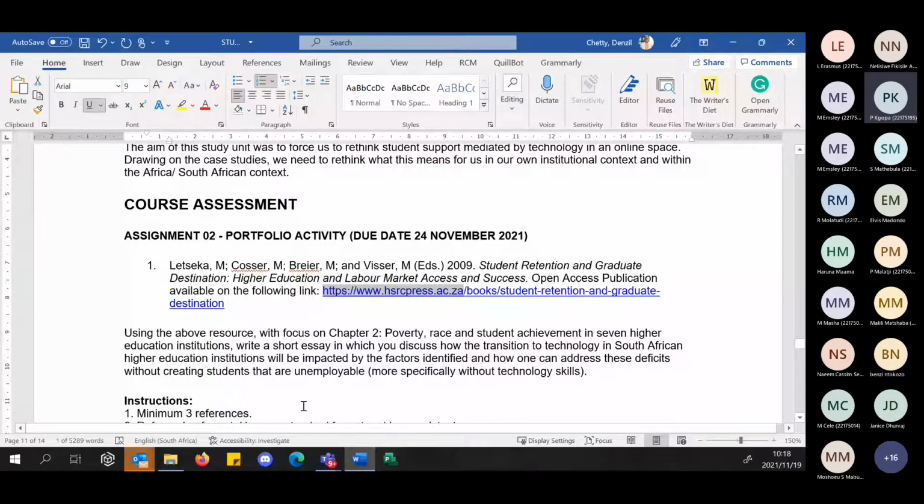But this specific book I've downloaded for you, I shared with you in the morning in an email. What I want you to do, colleagues, is use this resource. It covers a variety of elements from the labor market to higher education to access and success, but from the perspective of student retention. Using this resource, with a focus on chapter 2, which speaks on poverty, race, and student achievement in 7 higher education institutions,